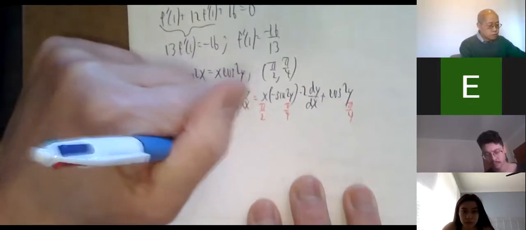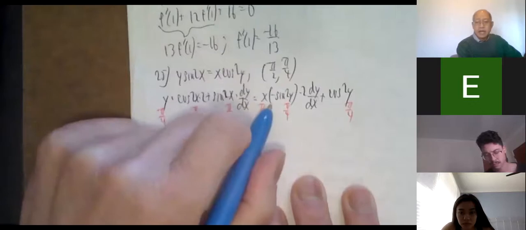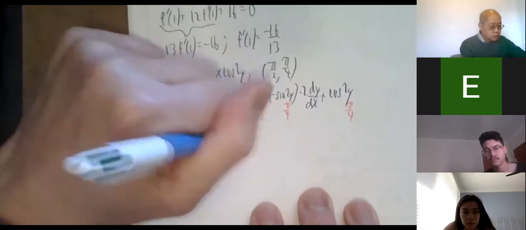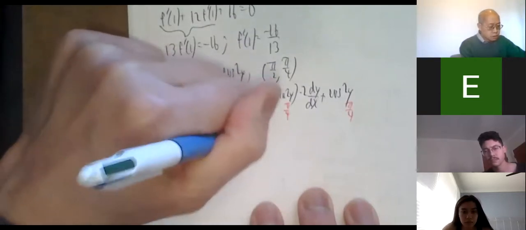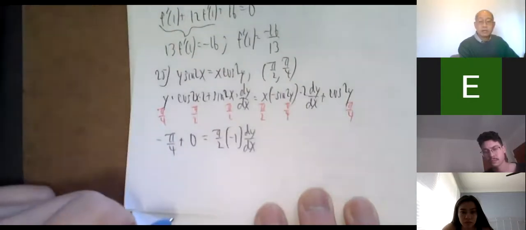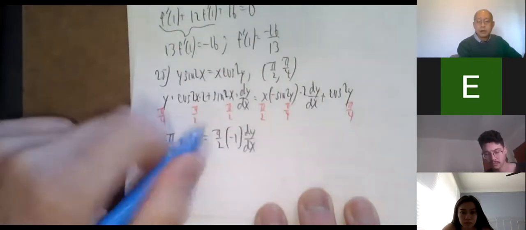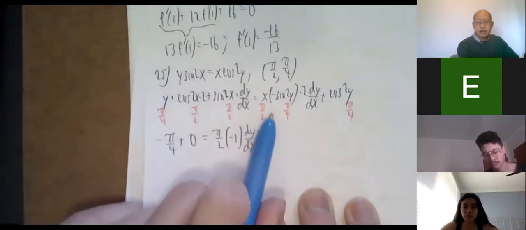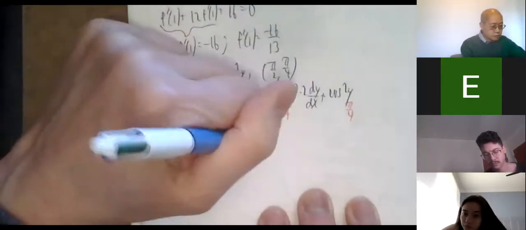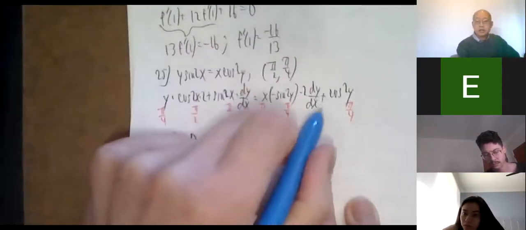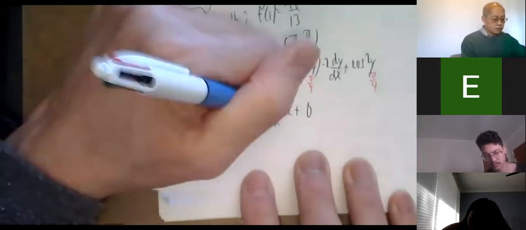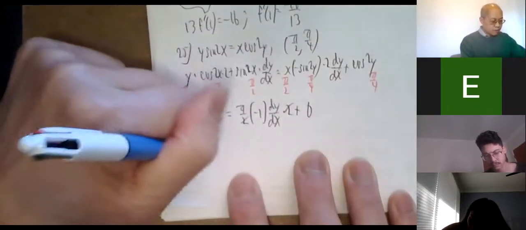pi over 2 times negative sine of pi over 2. 2 times pi over 4 is pi over 2. That's 1, dy dx. Oh, I forgot. Let's see. What did I do? I forgot the 2. Right. Okay, so times 2. Plus cosine pi over 2 is 0. And that 2 cancels that 2. So negative pi over 4